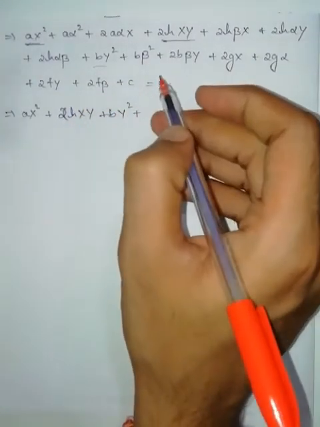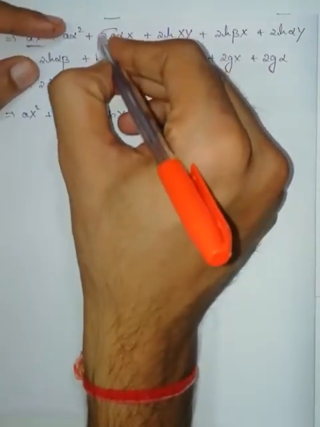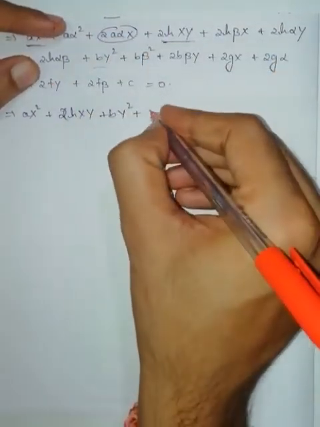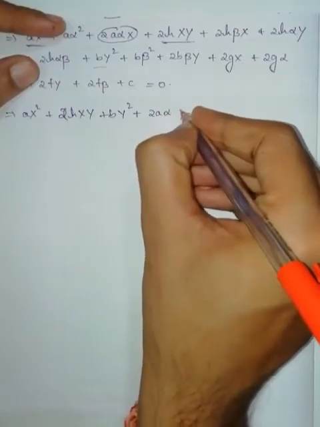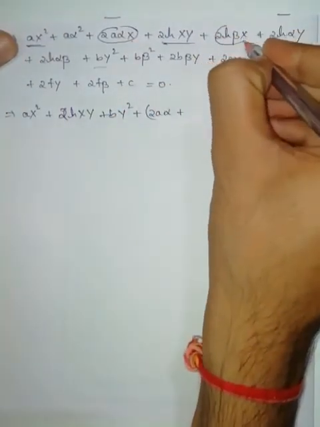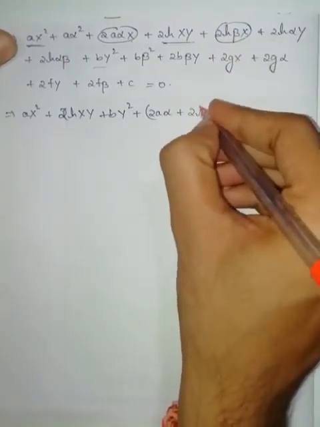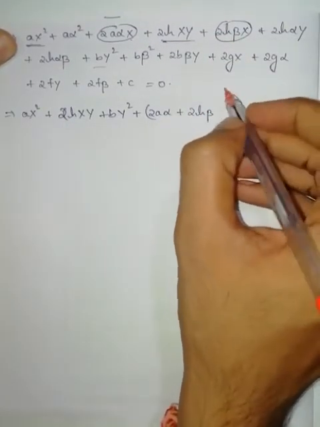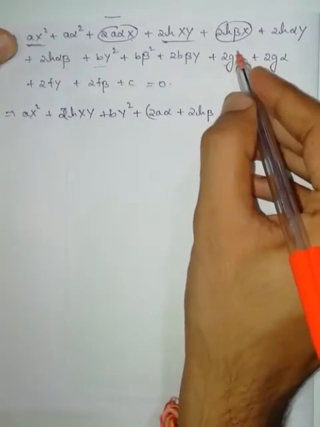Now X terms, 2a alpha plus, I am taking X common from this one, 2h beta, next from this one